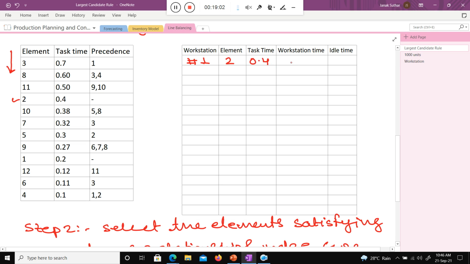The workstation time we will calculate once we complete the entire workstation. Okay, now I assign the 2.